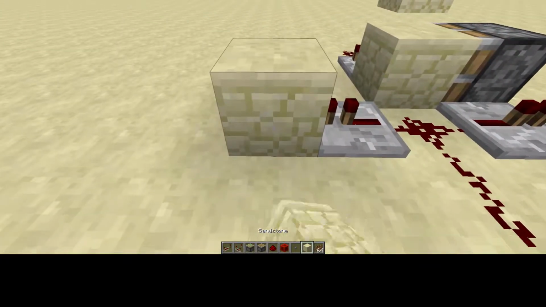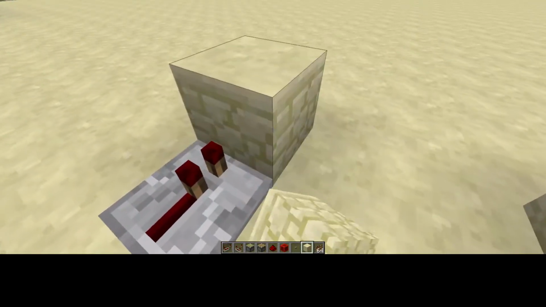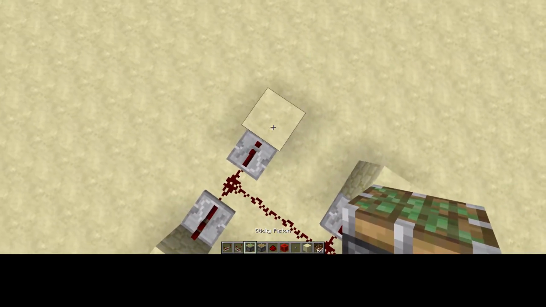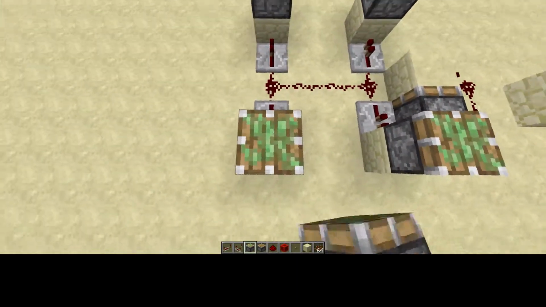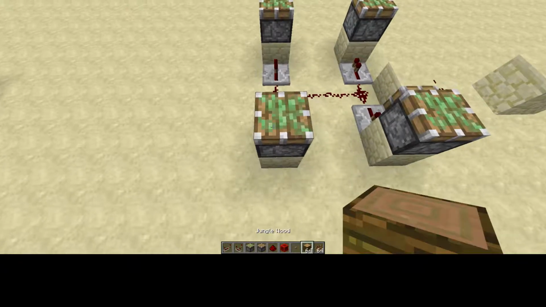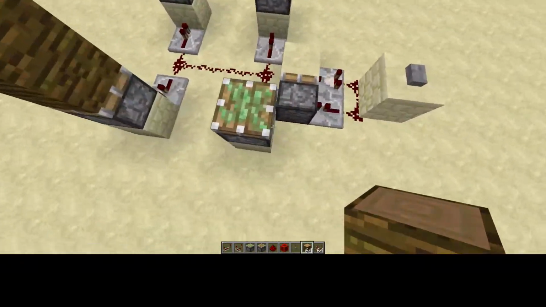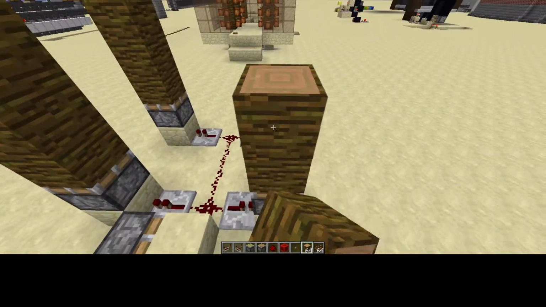So you're going to come out of the repeaters and put your block of choice down on each one, and then on top of that, facing upwards, put the sticky pistons like this. Now, next thing you're going to want to do, and I knew there was something I was not remembering, but you're going to get your jungle wood, and you're going to put 4 jungle wood on top of each sticky piston here,